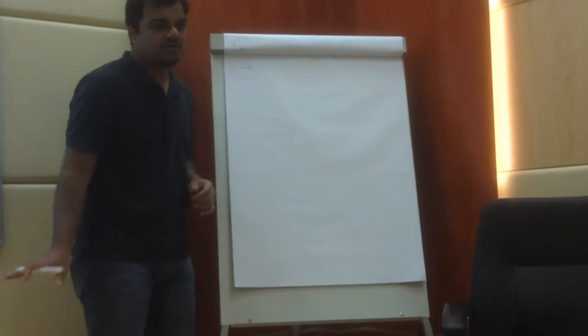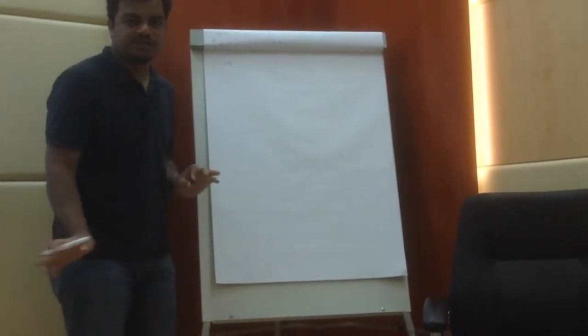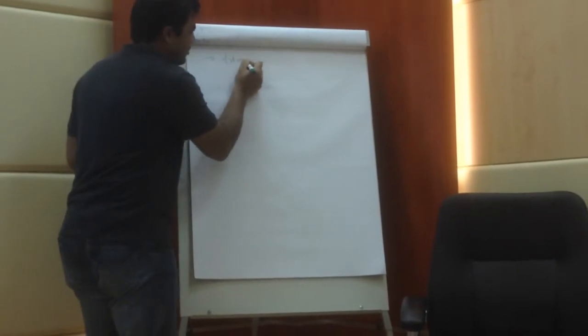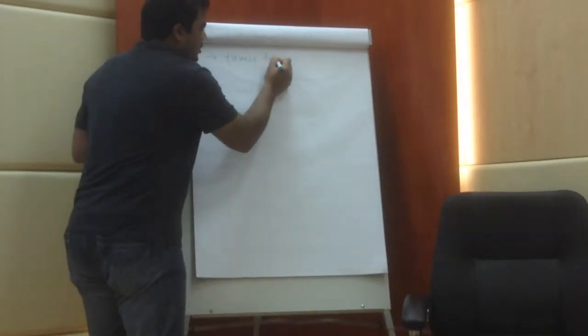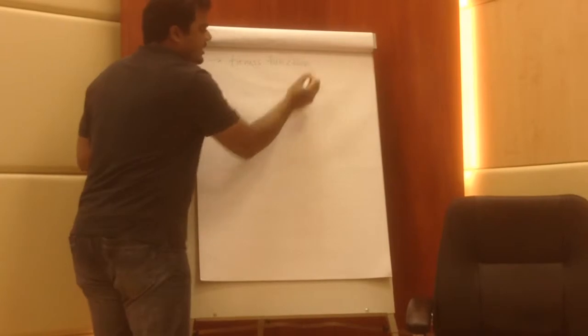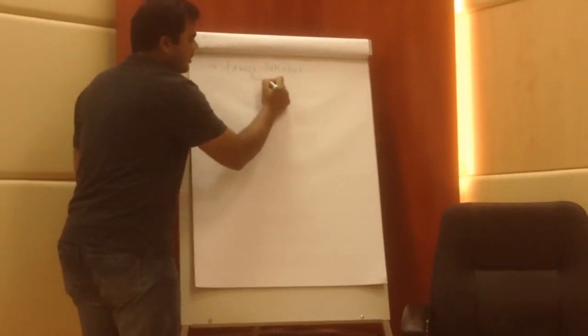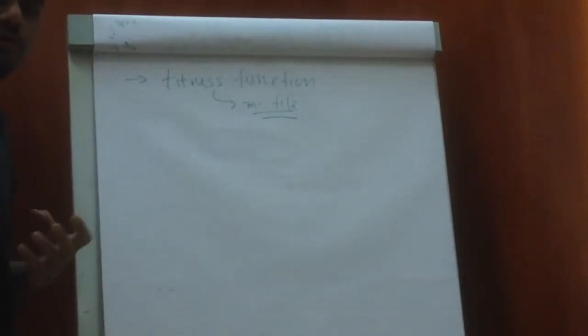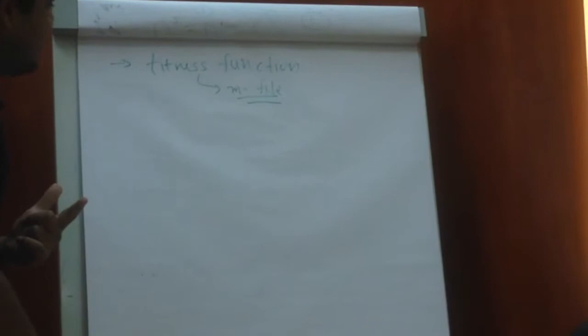Thing will operate. So you just need to define the parameters. Once you have defined it, you don't need to do anything else. Your biggest job is just to do the fitness function. Now, this fitness function, you will define it in your M file. While writing this M file, you just need to keep two things in mind.